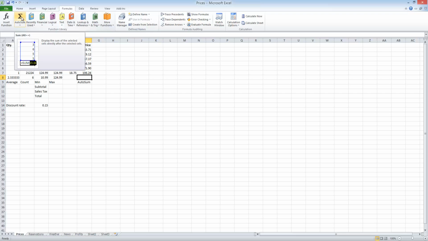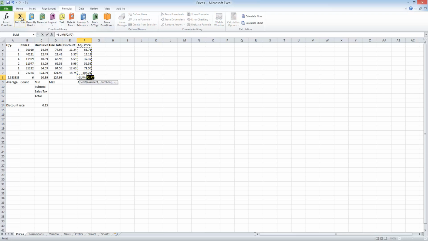We can just click on this E, and that's going to sum it up for us, and what it's going to do is add all those values together, and it selects F2 to F7. Those are the correct values that we want to do the AutoSum function for. Press enter, and the total for the adjusted price for all the items that's going to be sold is $354.93,